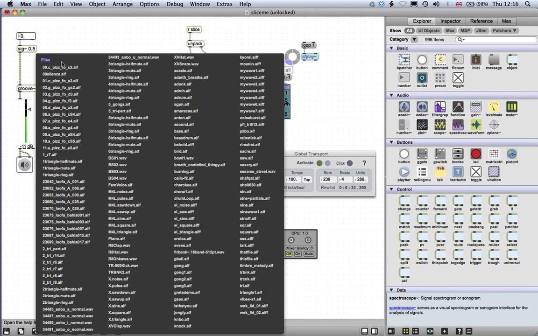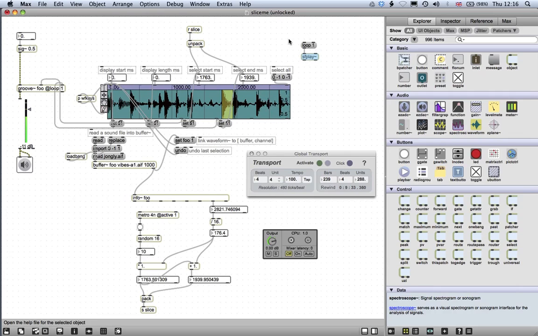This is a files box, and this has seen a whole bunch of files which Max seems to have access to. So we can take, I don't know, let's take something here. Where was the one I had before? I don't actually know where these files are from. Anyway, let's select that file there. Nothing seems to happen, but we'll find in a minute that that sfplay file is actually now ready to play